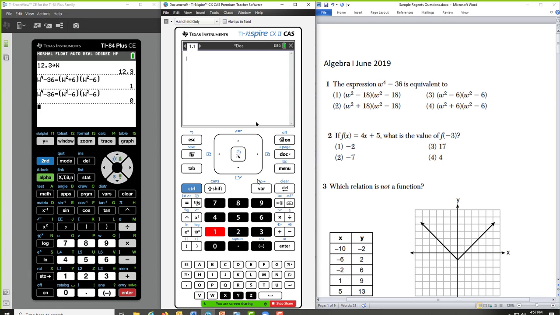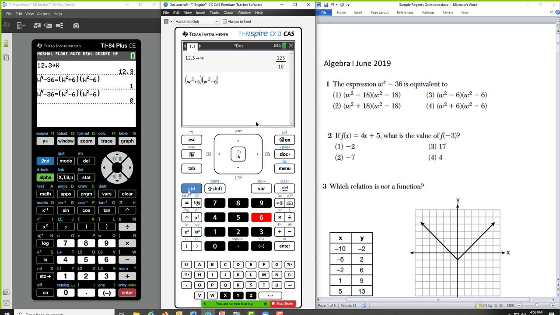I would use the store, which is above the var button. Again, 12.3, store into the variable w, and then really quickly, I will put in open parentheses, w squared plus 6 and w squared minus 6.